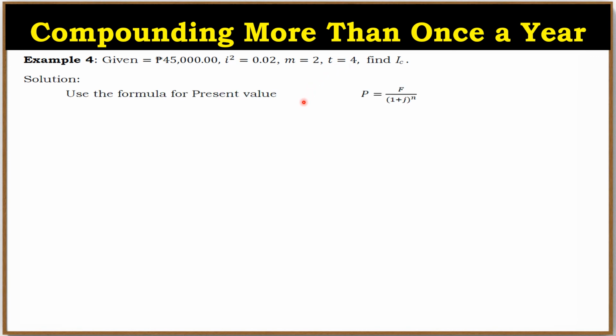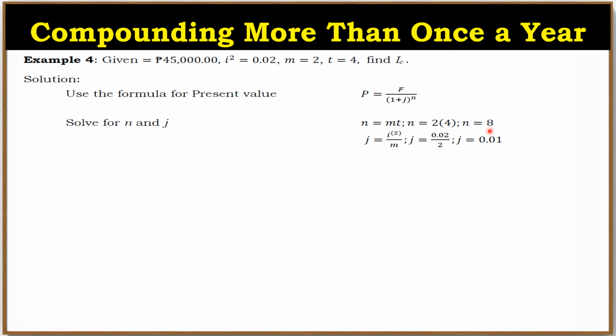Using the formula for finding the present value, you have P is equal to future value divided by (1 plus j) raised to n. So same, n is equal to, just multiply m times t. So you have 2 times 4